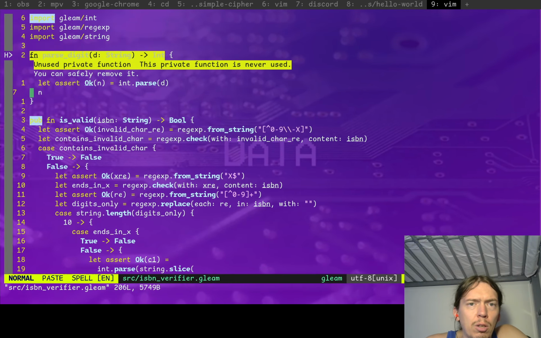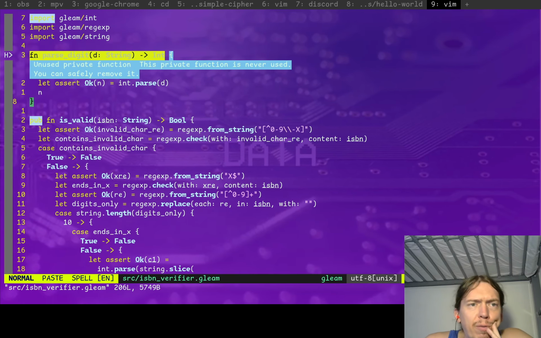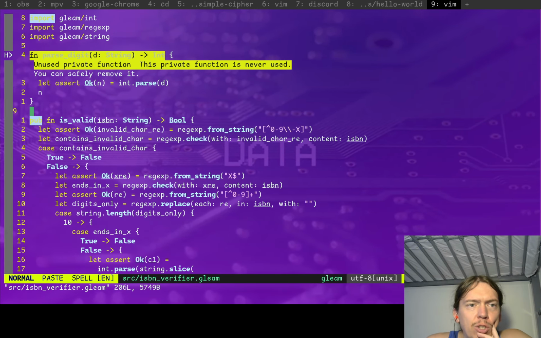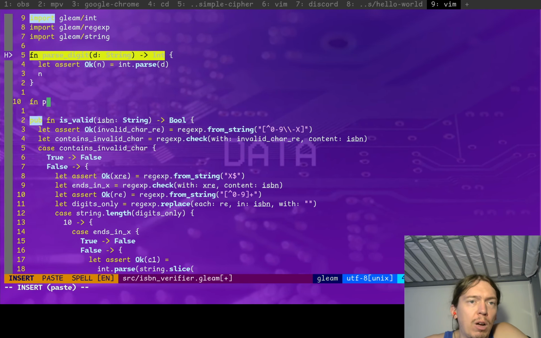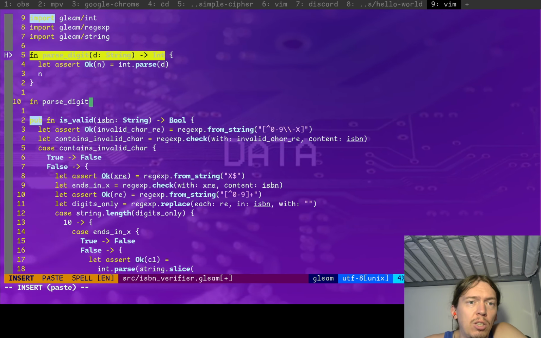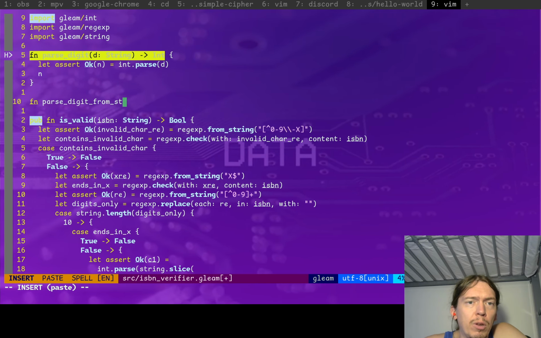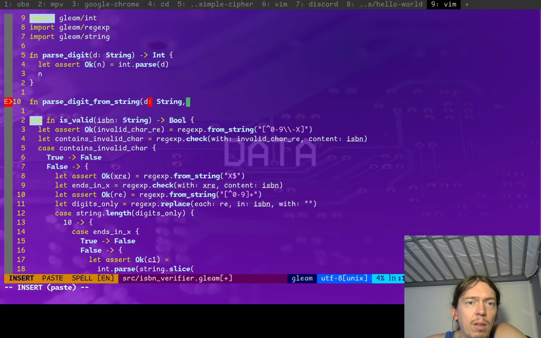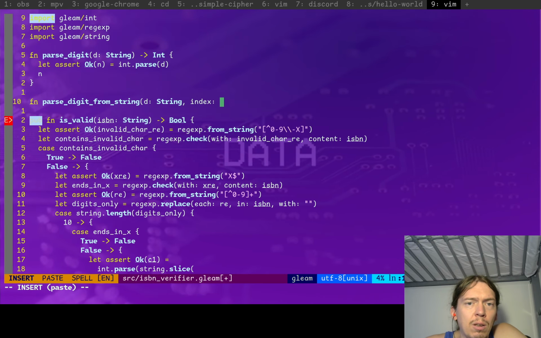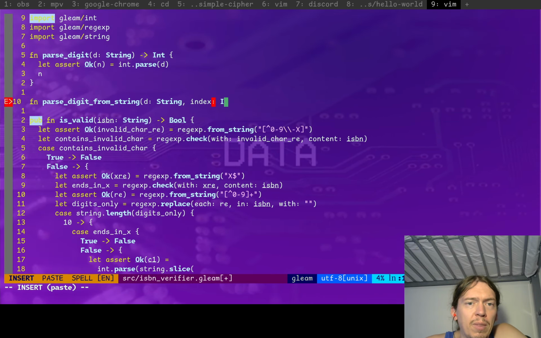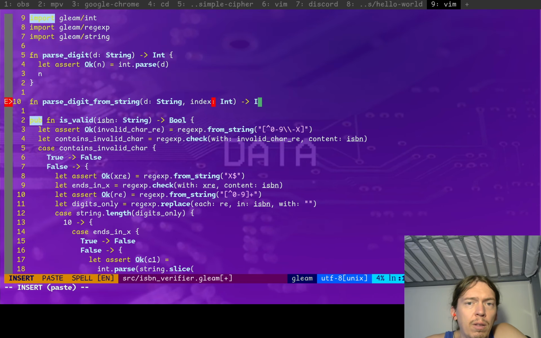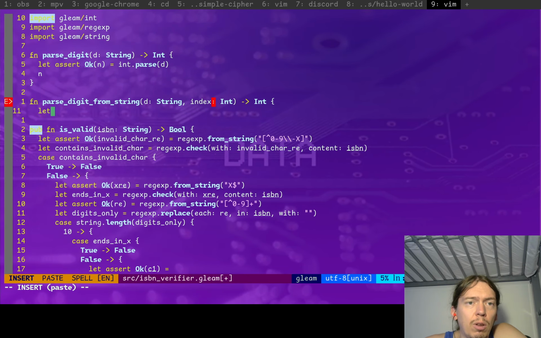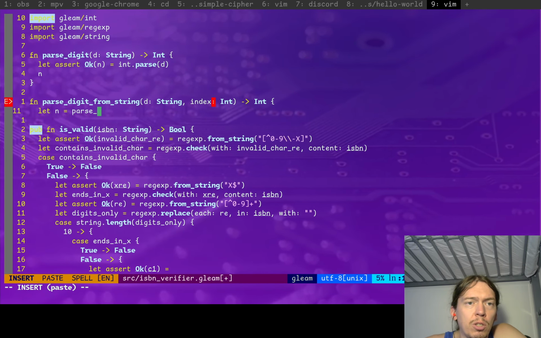Okay, so we will be using that, but first we want to parse a digit from a string. Parse digit from string, D string, index, int. Let, and so then we'll say let n equal parse digit